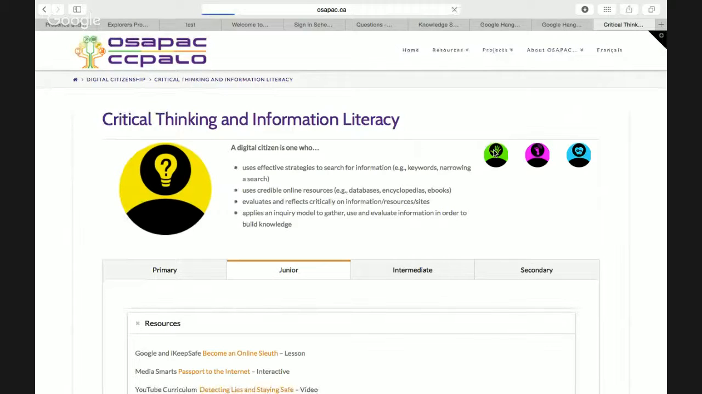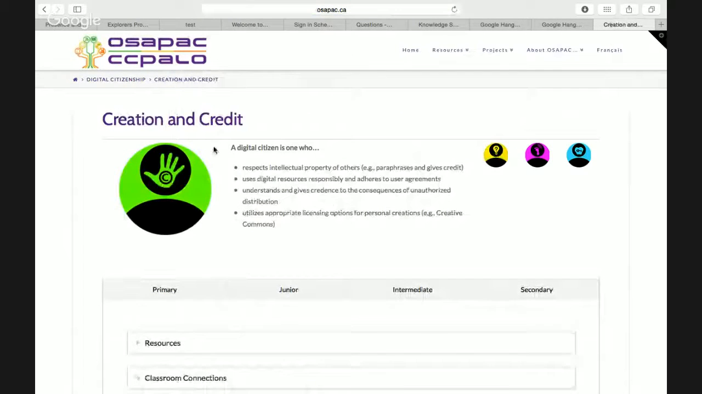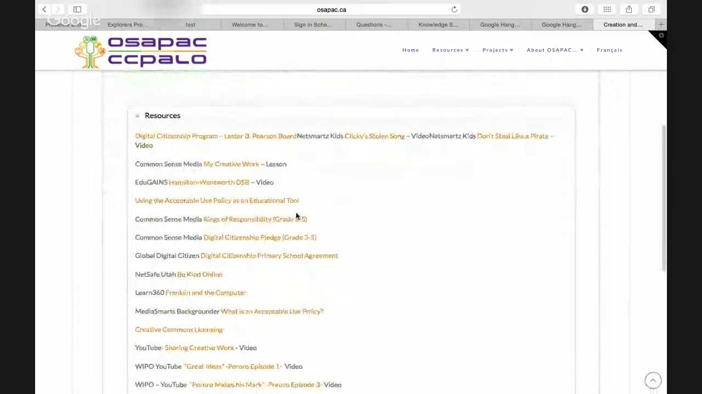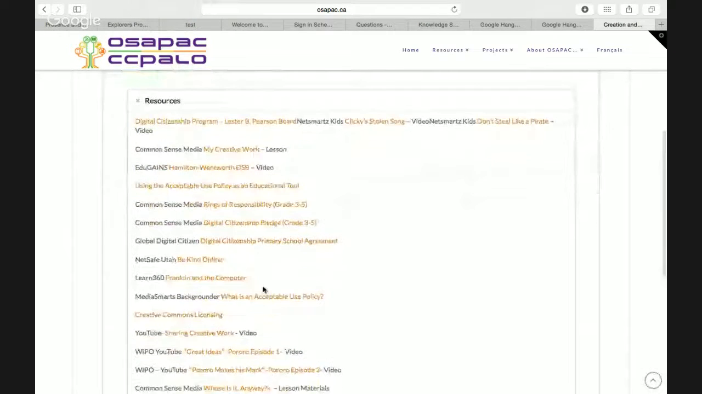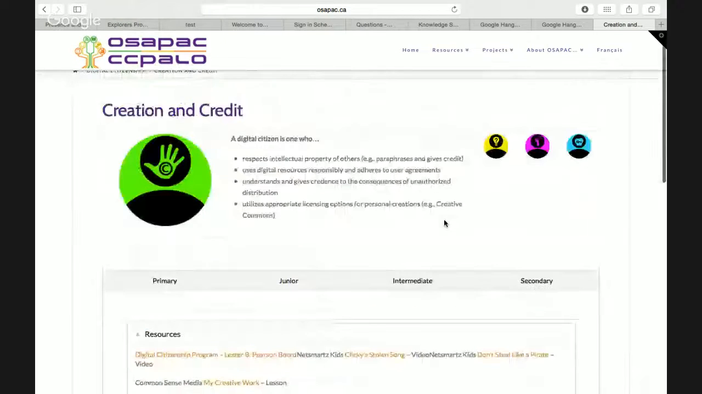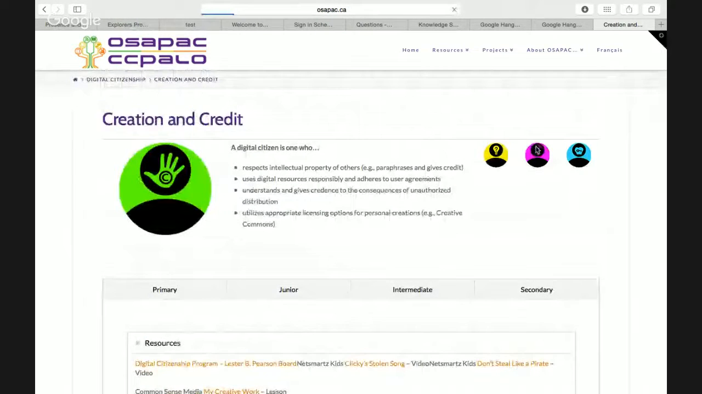If we're looking at some of these other categories, we're also talking about credit and creation. So how do they not plagiarize, give credit where credit's due, and license work. There are actually some great resources in here about how to do that. Common Sense Media is one of my favorites, and Creative Commons has quite a bit of stuff in there that I really enjoy. And communication,